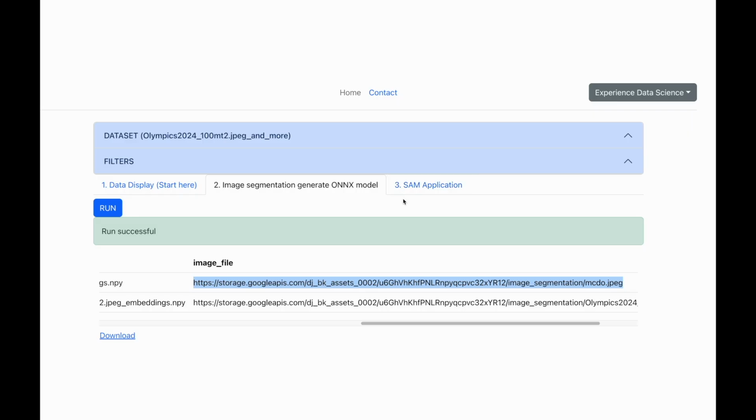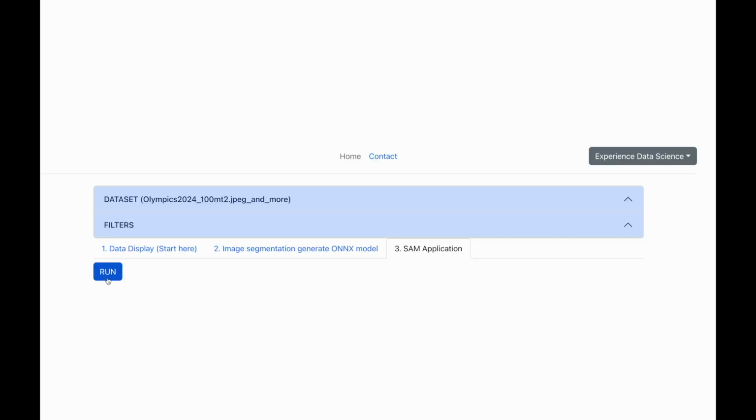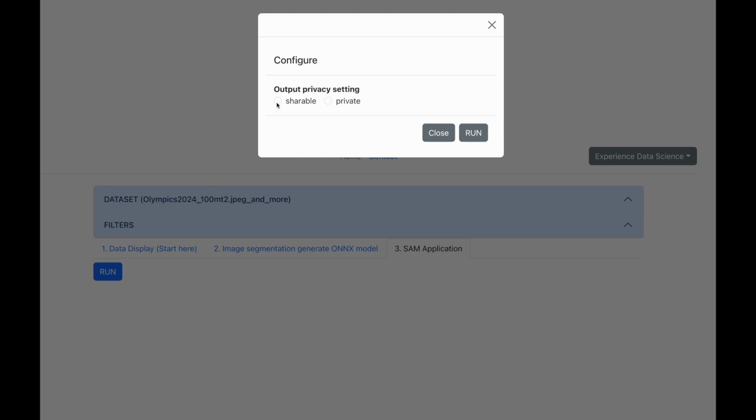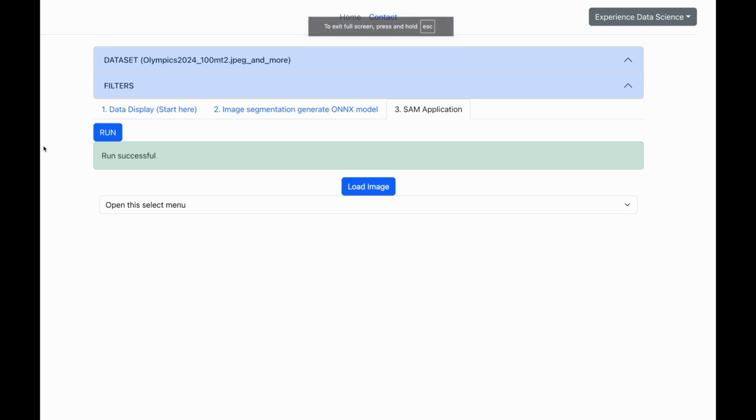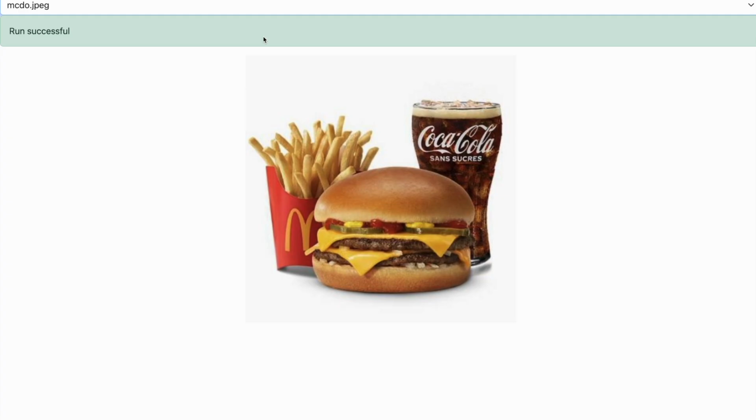Now we are all set to see the results in the SAM application. So I will go ahead and execute this, and I'll make some privacy settings. Right, so we now have our application which is generated, and let us now see how this application works. I'll first try to load all the images, and here you see the image from the McDonald's menu, and let us now try to hover over this image,